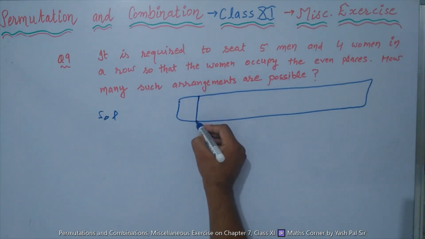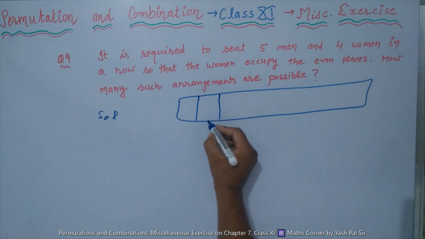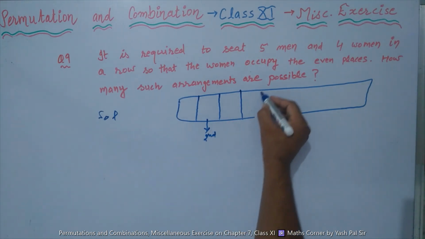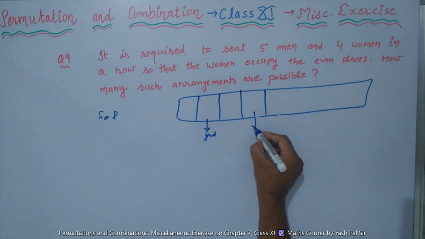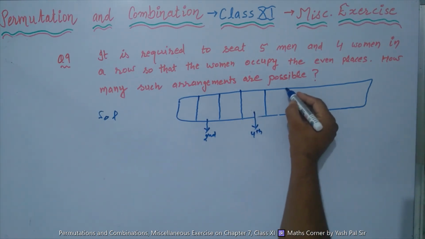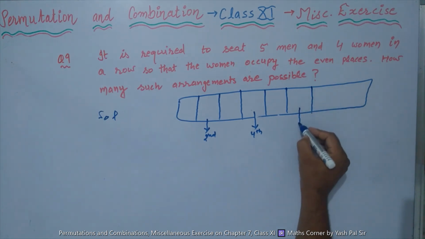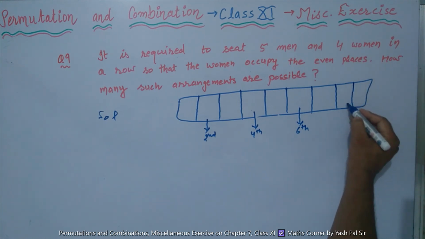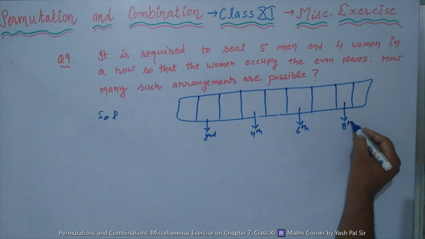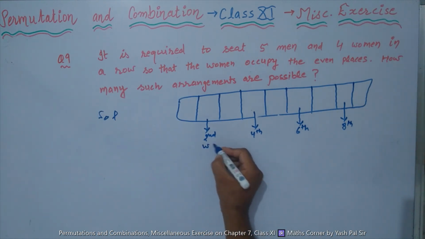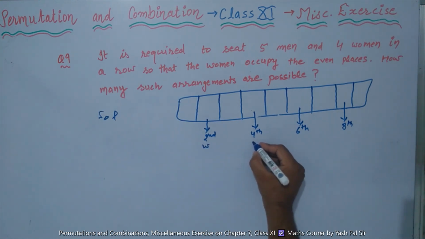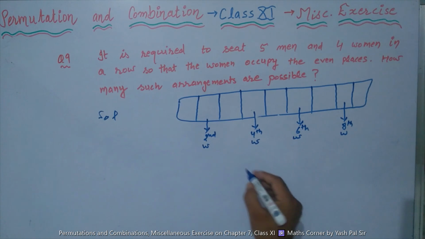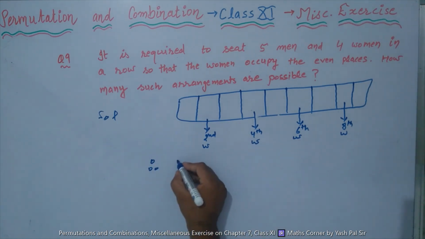So this is the first number, this is second place, third, this is the fourth, fifth, this is the sixth place, seventh, then this is the eighth place. So how many places are reserved for women? Women, this way, right? So what we say, 4 women